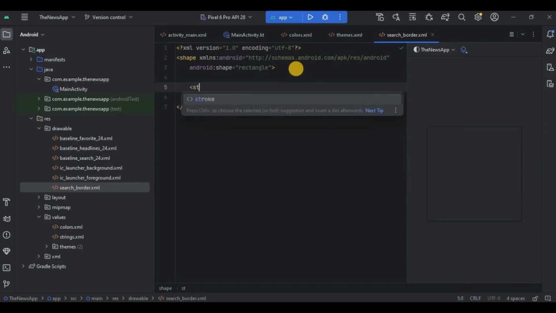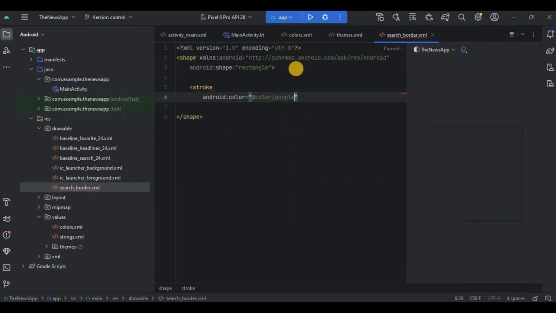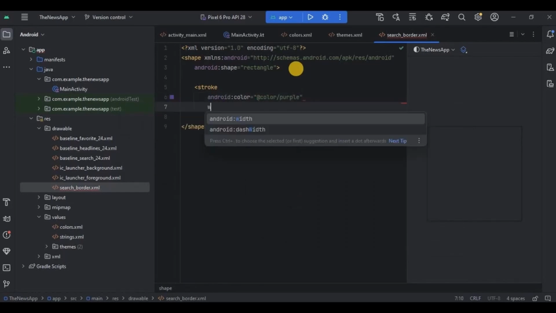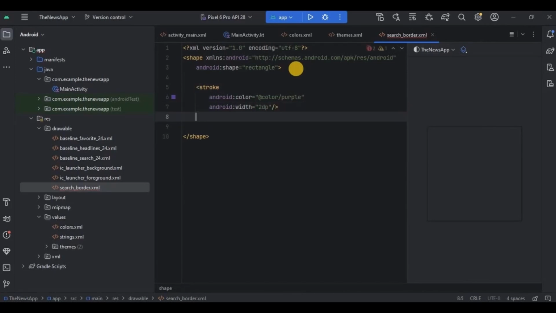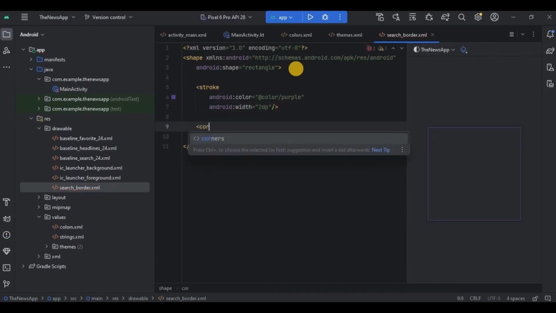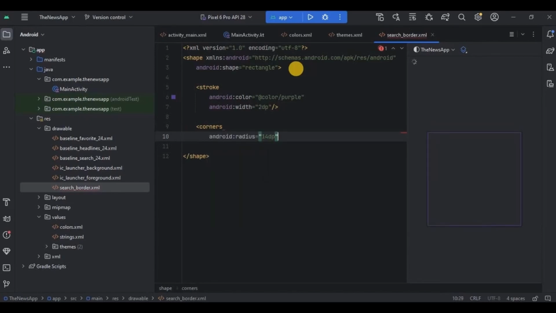As it's a border, so we will create a stroke of color purple. And with 2 dp. Then corners of 14 dp. And that's it. Next, as we will be using multiple concepts like retrofit, MVVM, room database, and many more,